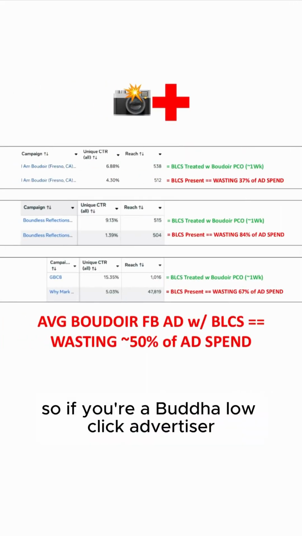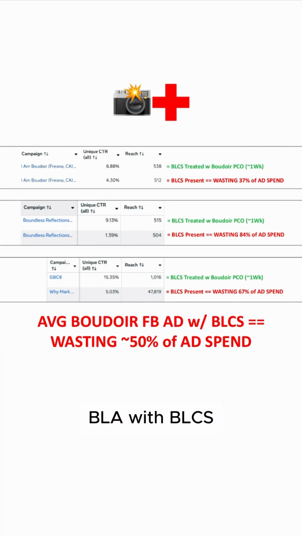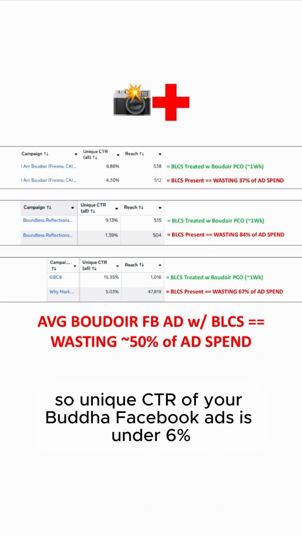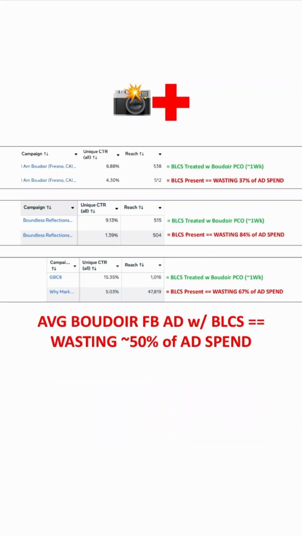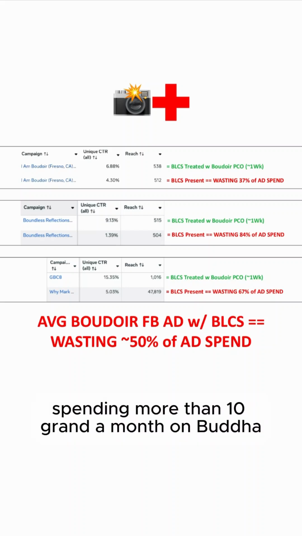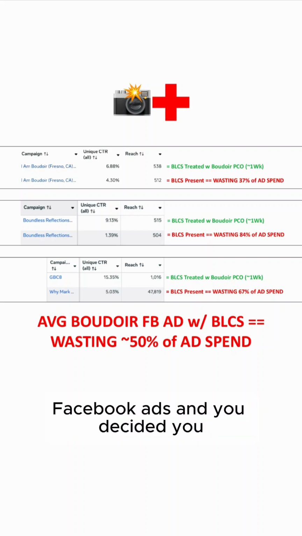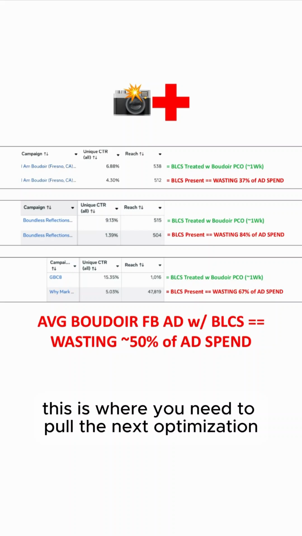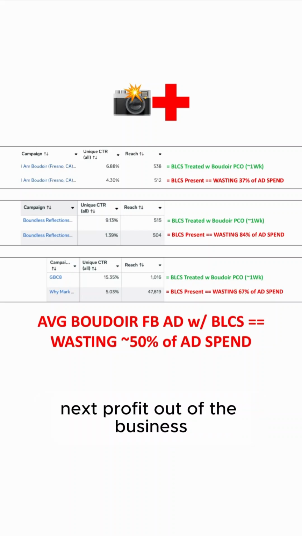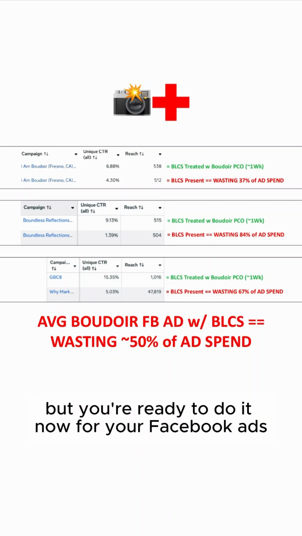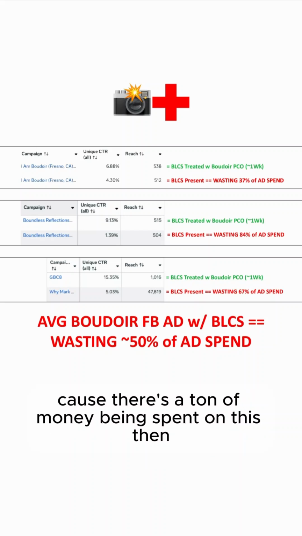So if you're a Boudoir low click advertiser, BLCA, with BLCS, so the unique CTR of your Boudoir Facebook ads is under 6%, and you're spending more than 10 grand a month on Boudoir Facebook ads, and you decided this is where you need to pull the next optimization, the next profit out of the business, because you've done other spots of your business, but you're ready to do it now for your Boudoir Facebook ads because there's a ton of money being spent on this. Then